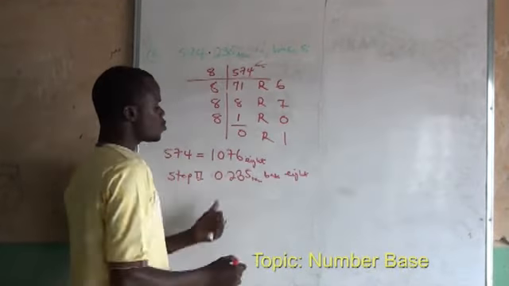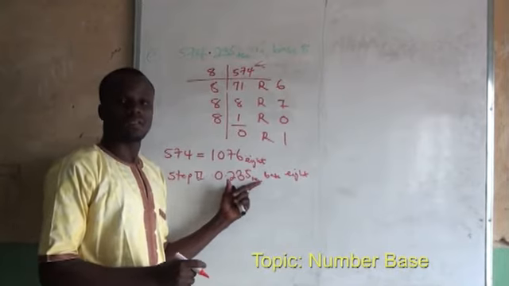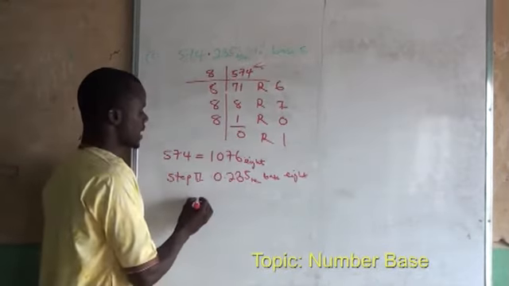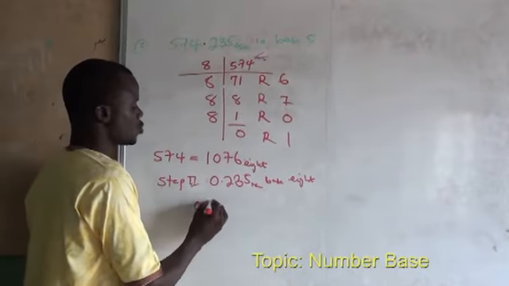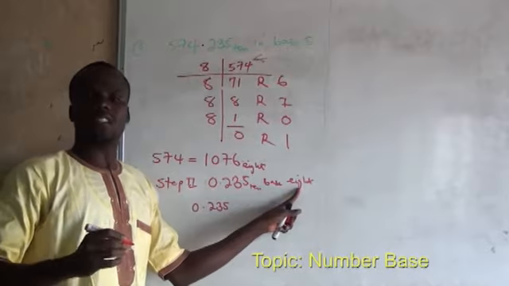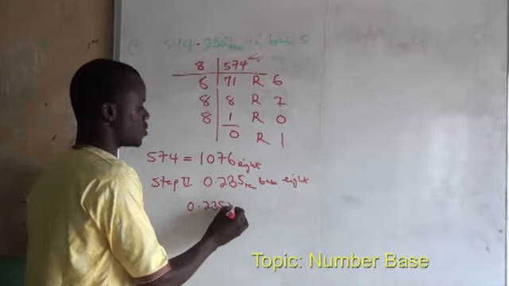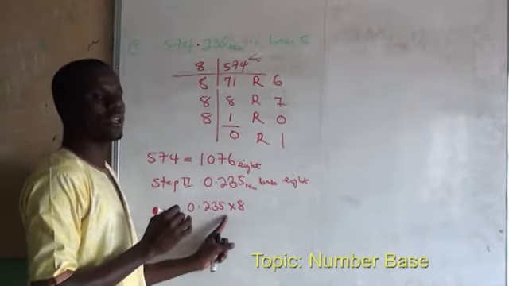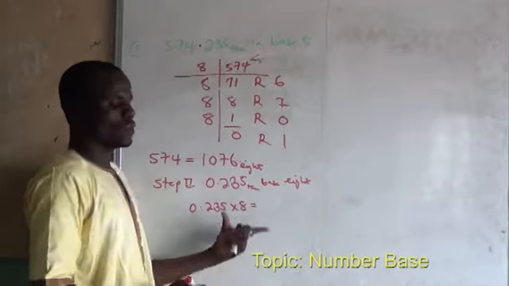On how to convert a decimal part after the whole number part, what you're going to do is take 0.235 and multiply by the required base that we're converting to, that is we say times 8. And 0.235 times 8 gives us